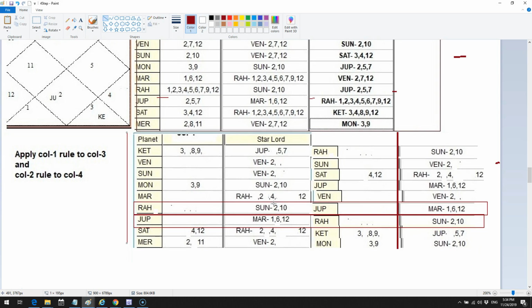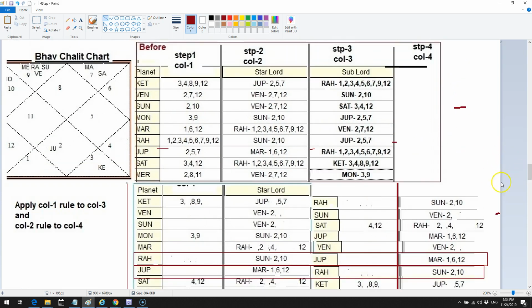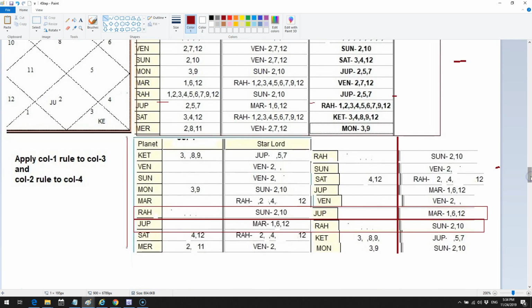But these planets are also not good from the matrimonial point of view. So this is how you apply the 4-step reduction to the chart, and that gives you a better idea about the strength of the planets, and could help you eliminate what are called the tempters